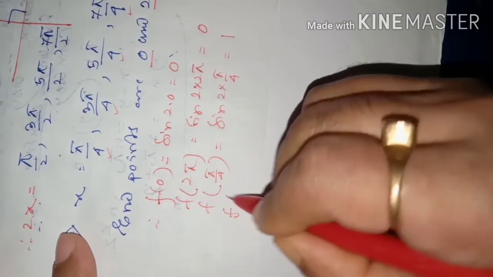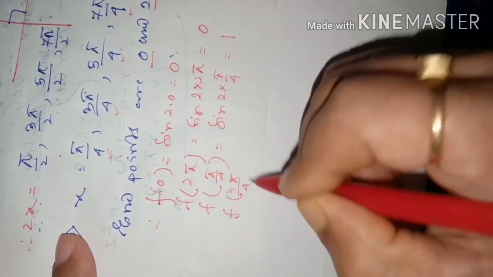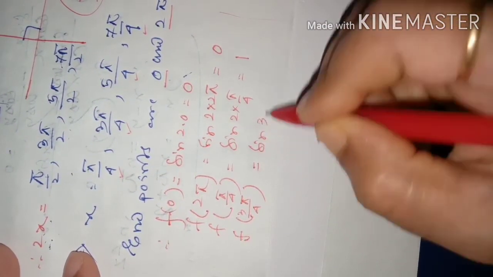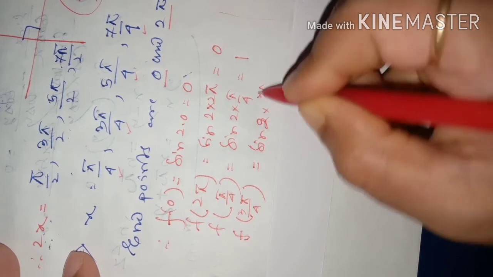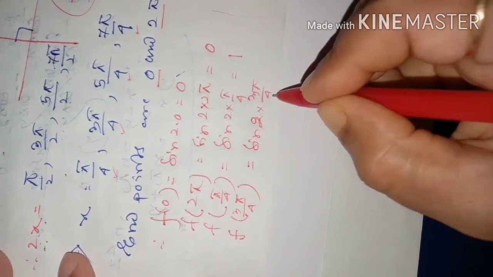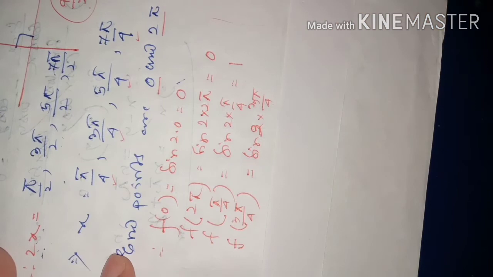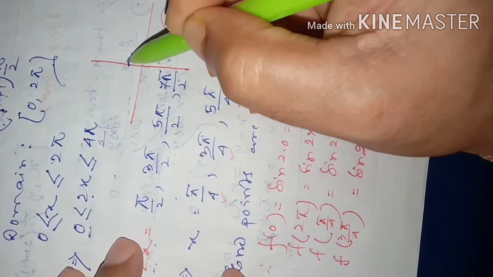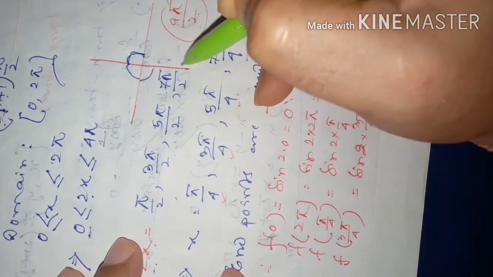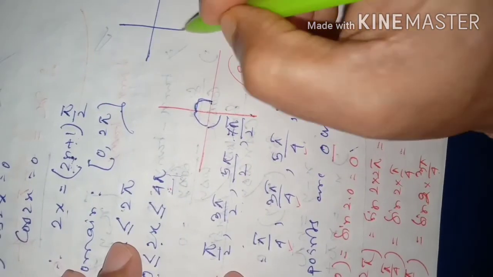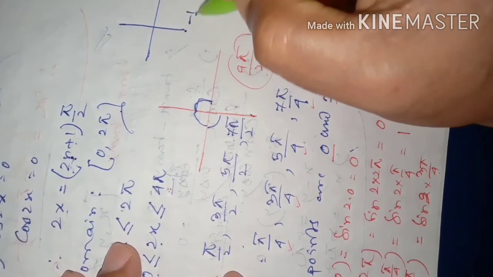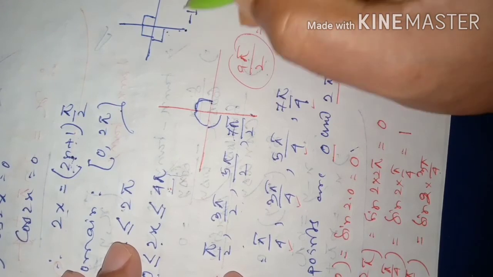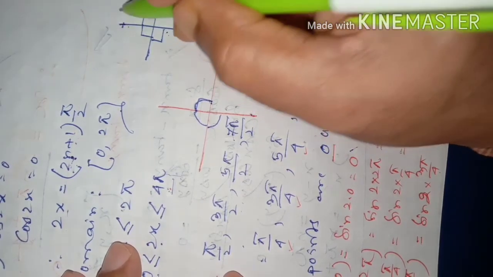Then f of 3 pi by 4, that is sine of 2 into 3 pi by 4. What will that give us? 2 will get cancelled, that means 3 pi by 2. Sine 3 pi by 2 will be like this, you see. Take this quadrant: 1 pi by 2, 2 pi by 2, 3 pi by 2. That time it will be minus 1 here. When it is 3 pi by 2, the sine is minus 1. When it is only pi by 2, then it will be plus 1.